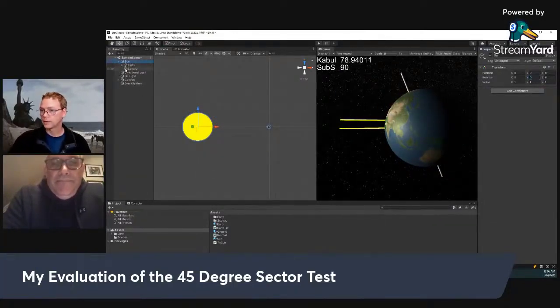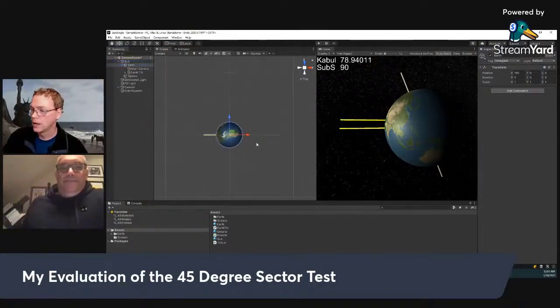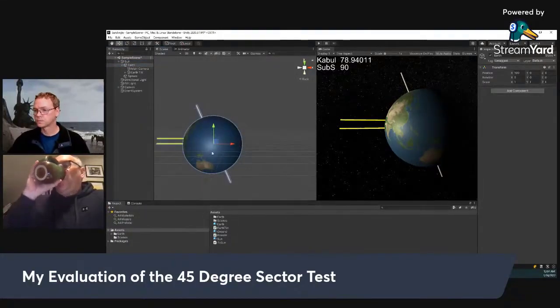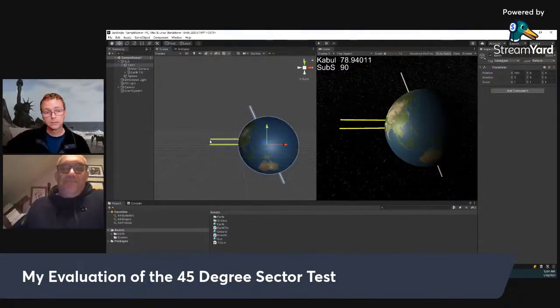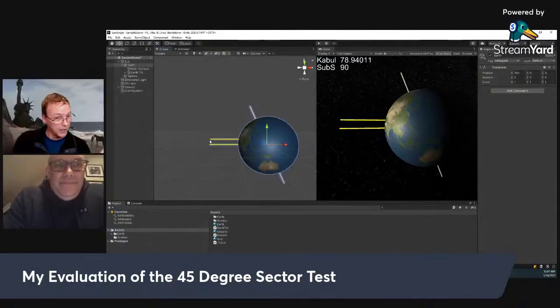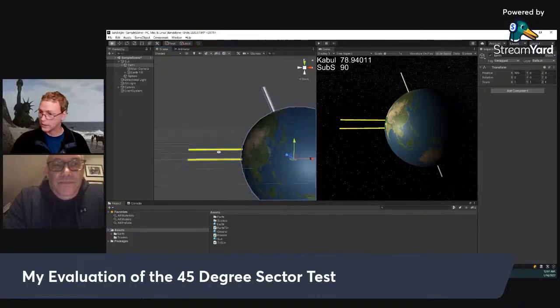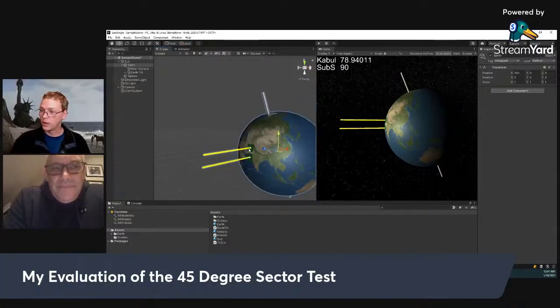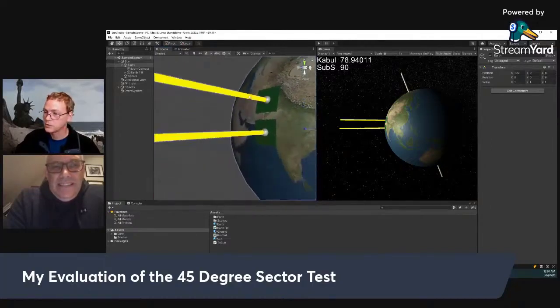I've programmed it so that these beams, zoom in on the Earth here a bit, are pointed the way the globe model says the beams should be pointed, which is back towards the sun, parallel. They are lines of parallel. Okay? All right, and I have put one in Kabul. This one is at the subsolar point, south of Kabul. Where at? I don't know, wherever that happens to be.